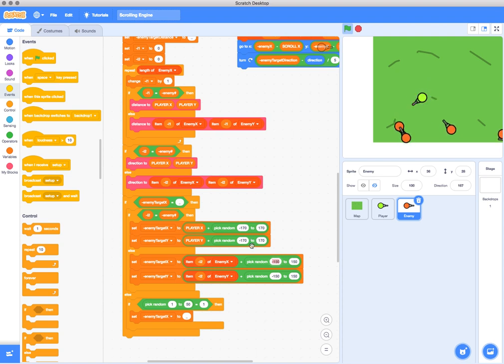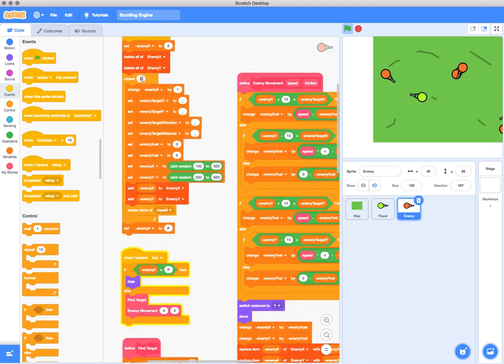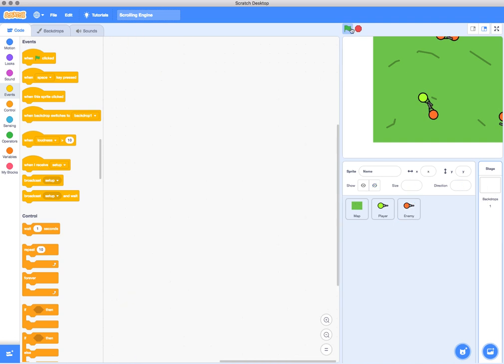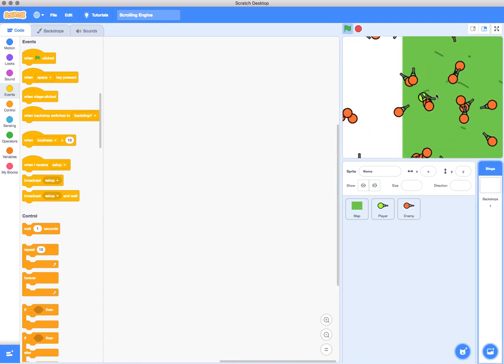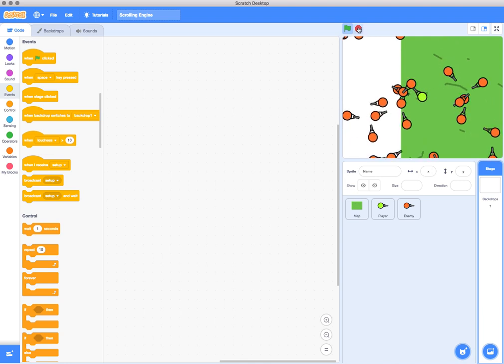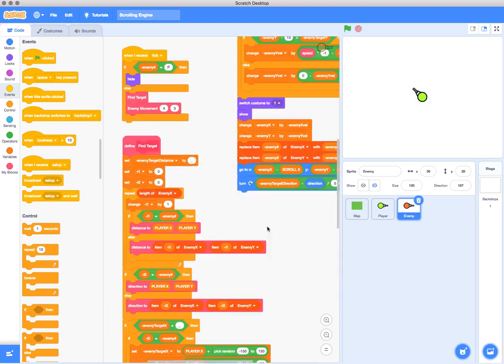You could also change this, and you can add as many of these as you want. You could have like 20, 25 of these guys, just all targeting each other. It's all really cool, and you can do anything with this. You could have all the enemies focus in on one point. They don't have to just target the other enemies. They could target